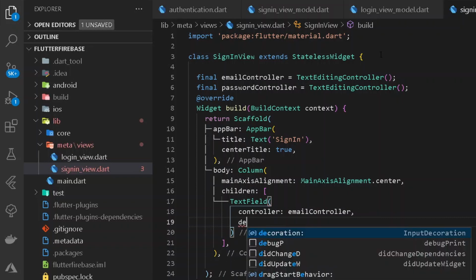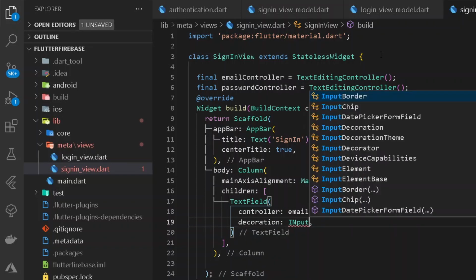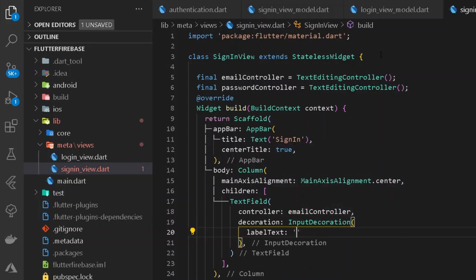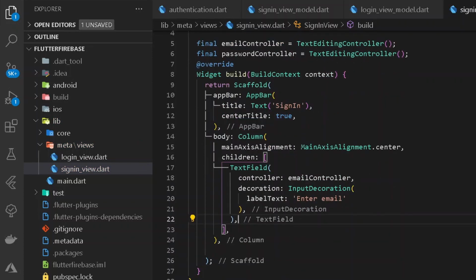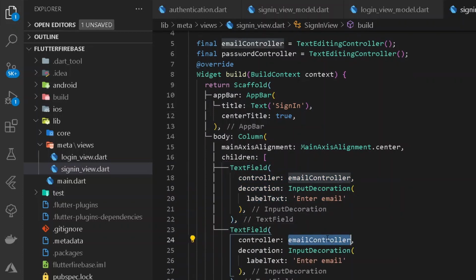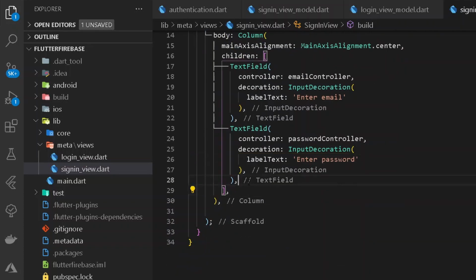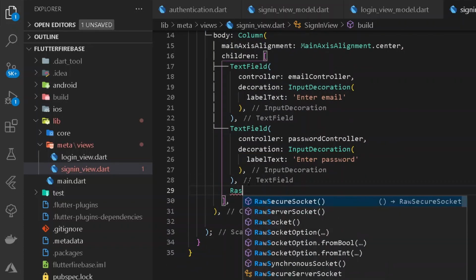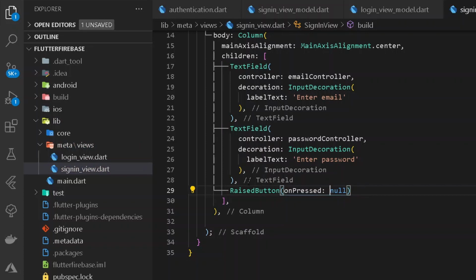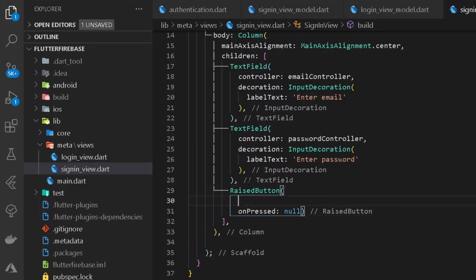Also let's have some decoration for input decoration. Let's have a label of enter email. Let's have one more text field. For that, copy the following thing, but here let's have a password controller, and also let's have enter password. After having both text fields, let's have a raised button. On pressing it, we should be able to create a new account for the user. So here let's have a new text.